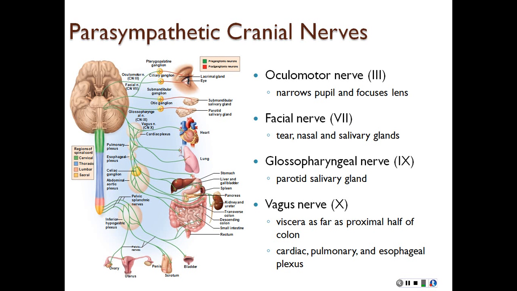So in the sympathetic division, the preganglionic neurons are what? Short. In the parasympathetic division, the preganglionic neurons are long. But they have very short postganglionic neurons, which you really can't even see. Remember, the postganglionic neurons are red, and they're almost all the way at the organ. You can barely see them up here. Okay, and what were those cranial nerves involved with the parasympathetic division? 3, 7, 9, and 10.